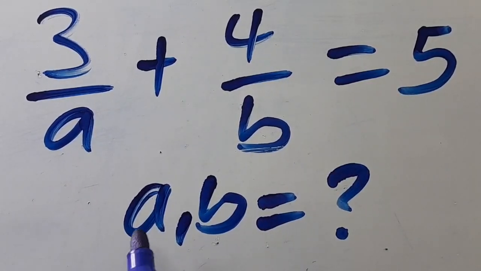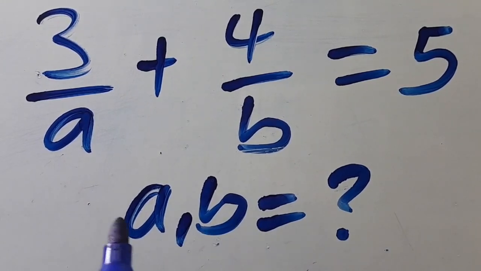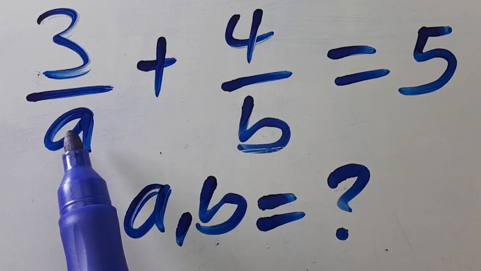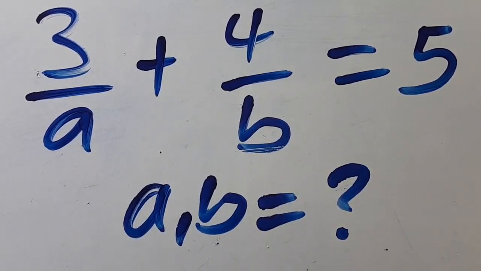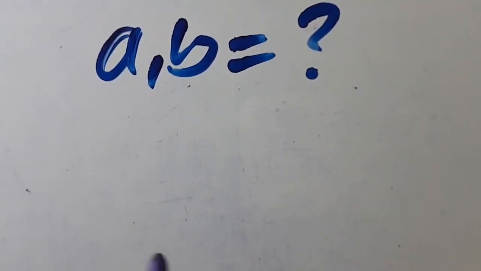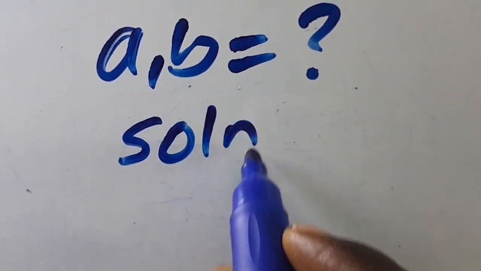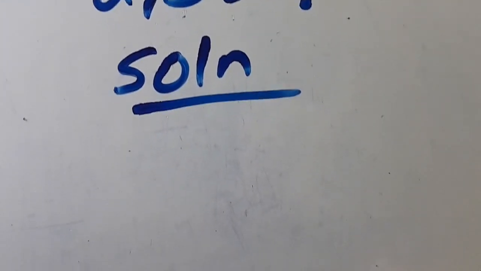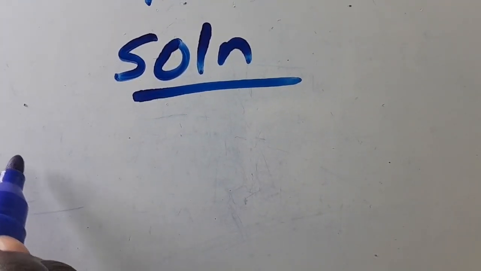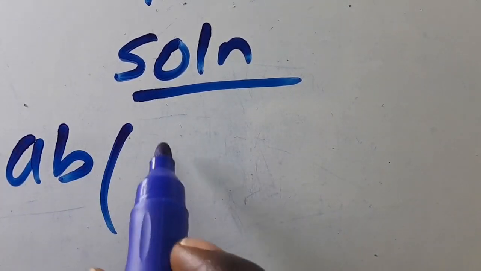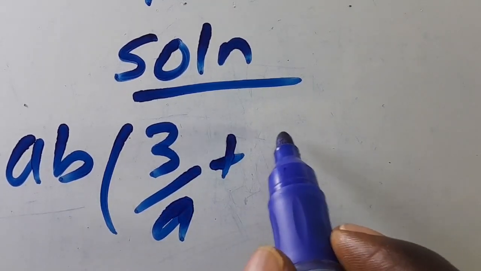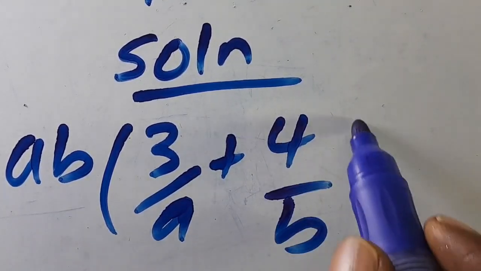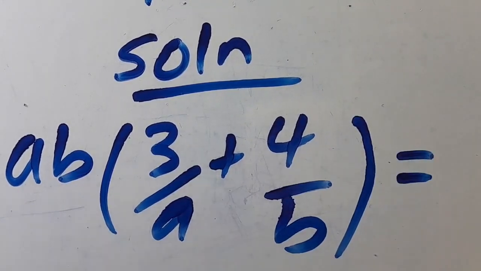Hi, what will be the value of a and b given that we have 3 divided by a plus 4 divided by b equals 5? Let's have it to be the solution. Then let's multiply through by ab. So here we have ab, then multiply by 3 divided by a plus 4 divided by b equals